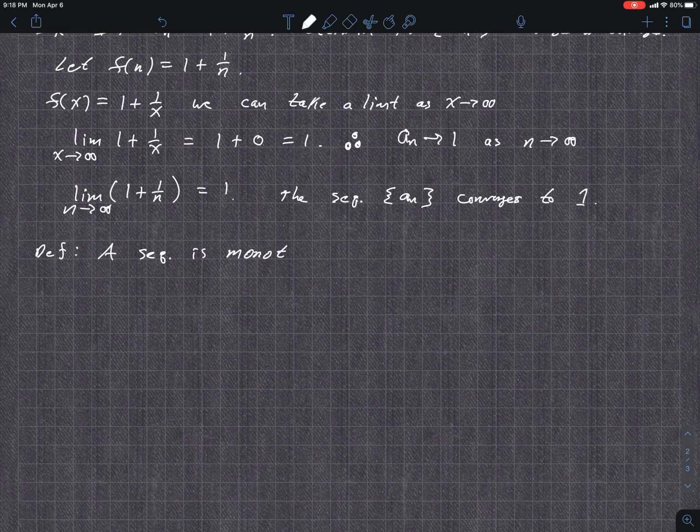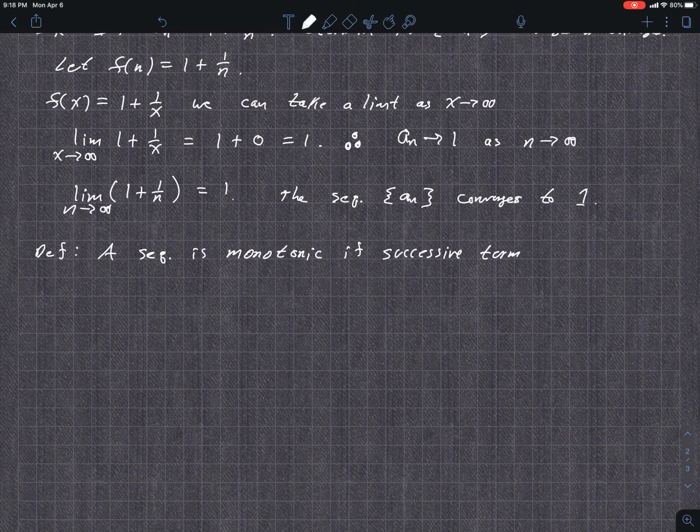The root wording there is monotone, so one thing. A sequence is monotonic